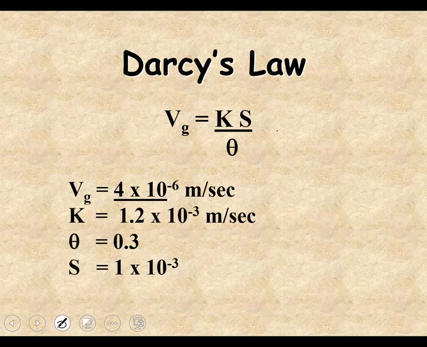It's going 4 times 10 to the minus 6. That's like 0.000004 meters per second. That's really slow. It's about 2 meters a year. So the flow of water, depending on the slope and the porosity and the hydraulic conductivity,